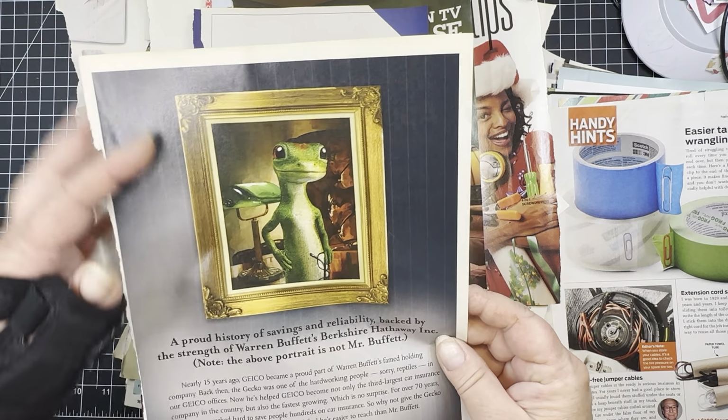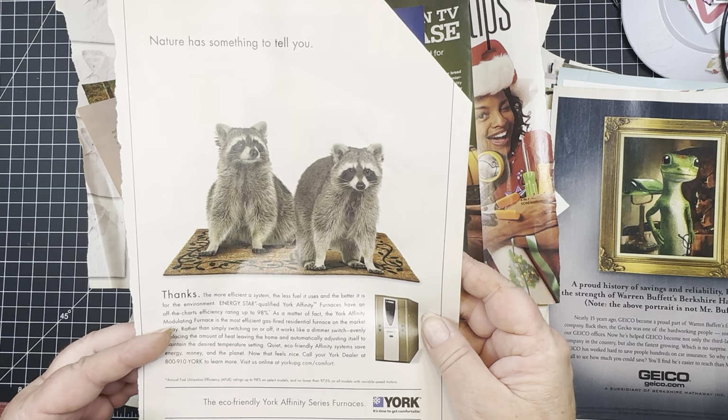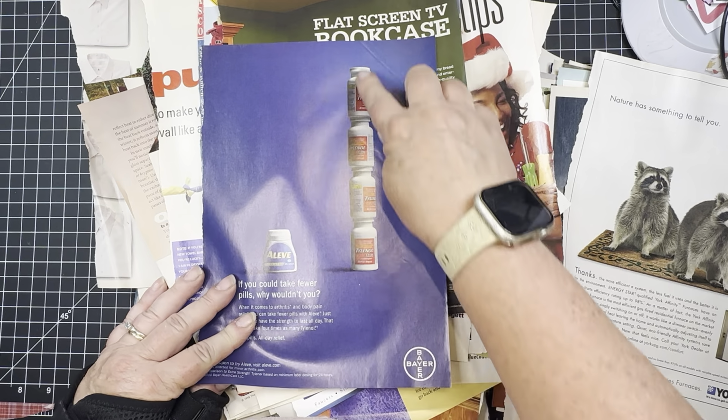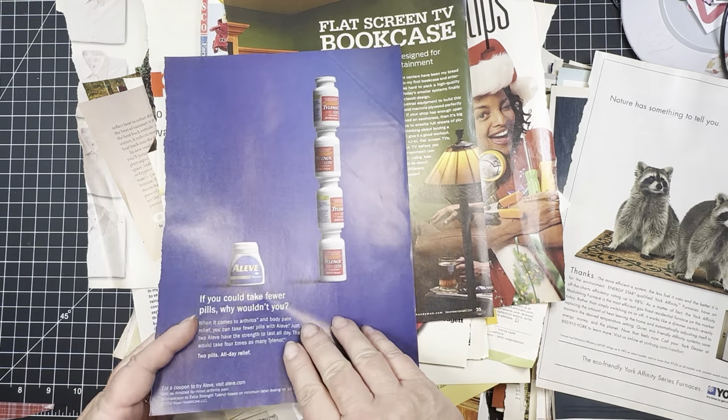I have him somewhere else in this gold pretty frame. These little guys are definitely fussy cuts. Aren't they cute? Look at these little raccoons. I thought the stack of Tylenol was kind of cute, and the background, so I'm going to start with it in background